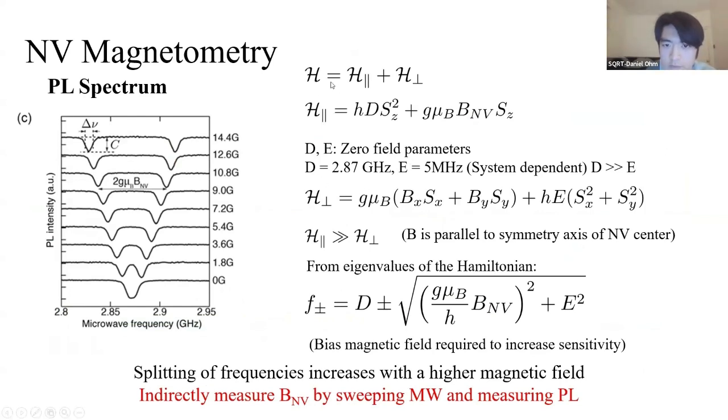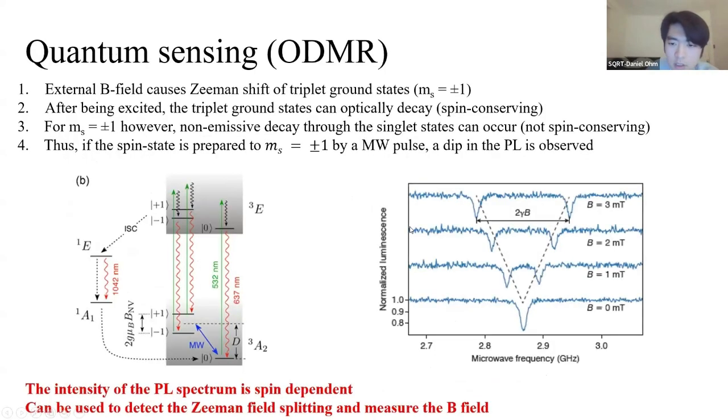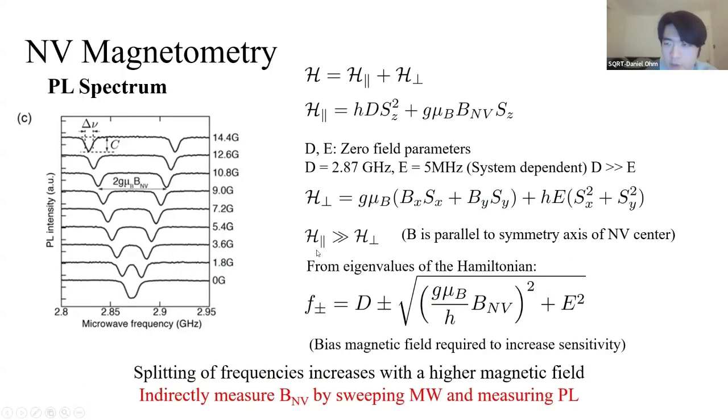And as you can see from this Hamiltonian, this is the perpendicular Hamiltonian. In the interest of time, I'm not going to explain where we got this from, but we have these two components, D and E, which are called the zero field parameters, which characterize the Hamiltonian. As I mentioned earlier, we mostly assume this Hamiltonian is much greater because that's mostly the experimental setup you have. But if I were to change the setup, if I were to rotate the setup,